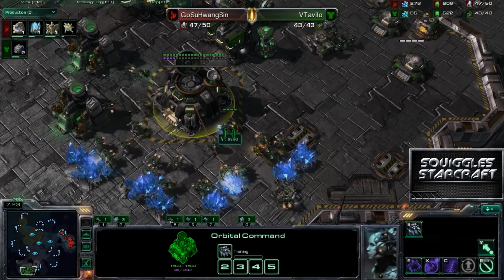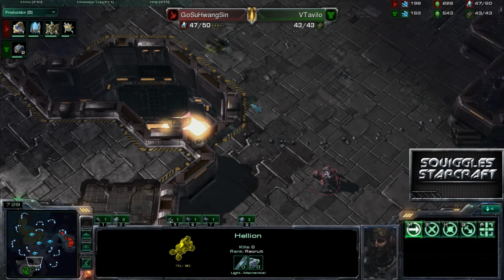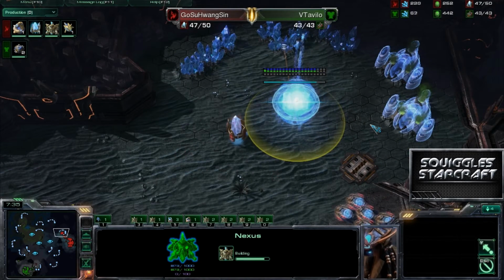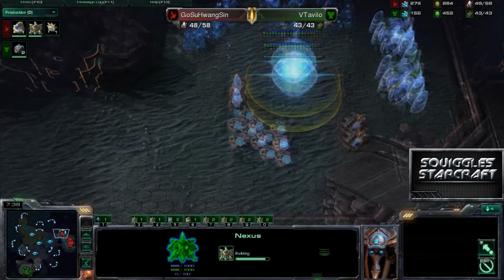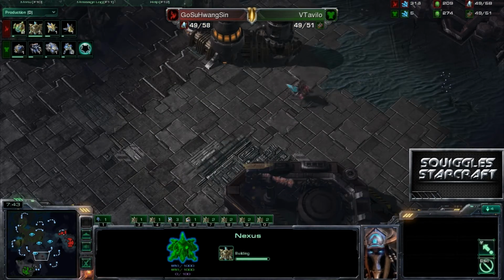Yeah, and Avilo is stuck in his base, and it's the 7.5-minute mark. HwangSin takes the advantage of getting the robotics facility, so he's continuing that tech, getting the expansion down. If Avilo doesn't move out soon, he's going to be so far behind that HwangSin's just going to roll him. I really like that,